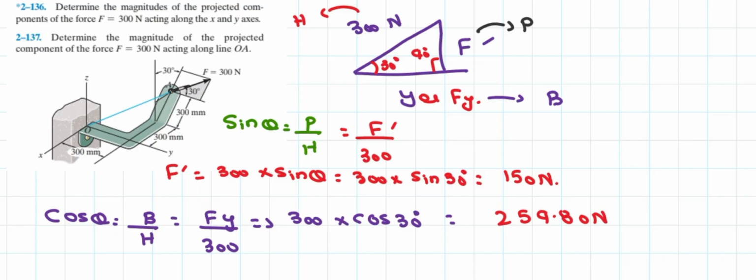What about its direction? We know that this line right here is the Fy line, or you can say this is the component of force F acting along the y-axis. This Fy is acting along the positive y direction, so I write the positive sign here. And this is the y component of force F, so I write the unit vector j cap here. This is the vectorial form of force Fy. Now this is for this triangle. Let's find out the x component of force F.